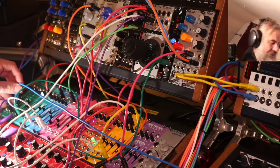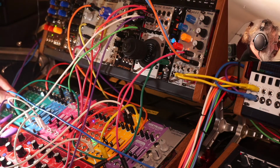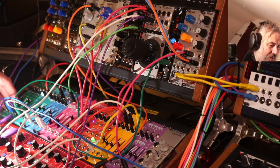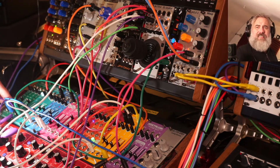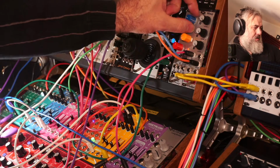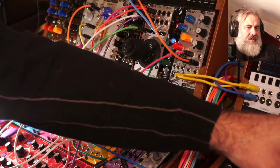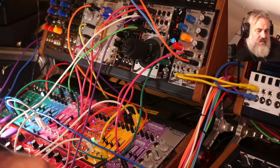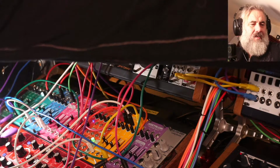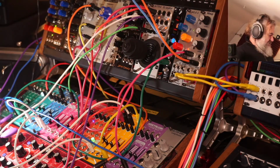There's a flaw in my system here. The distances are just a bit too far for my cables. Oh, we can just do it this way around. All right, yeah, they just about reach. Okay. Where's that noise coming from? Just going to mute out some things in here. Some clicky things going on. Okay. Clicky no more. Right, okay, let's get back to...